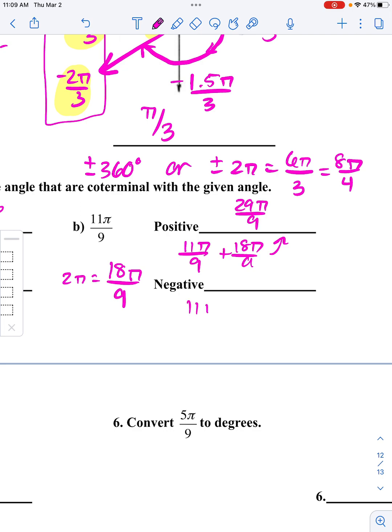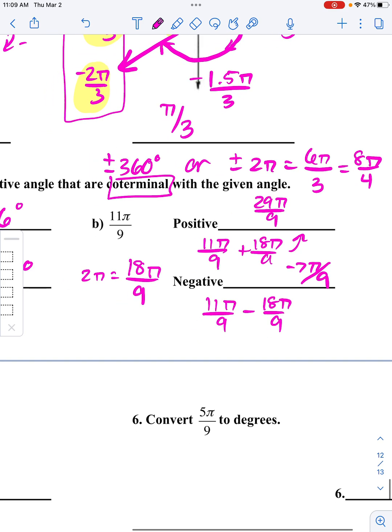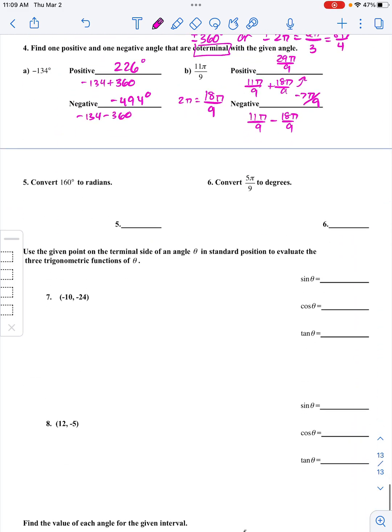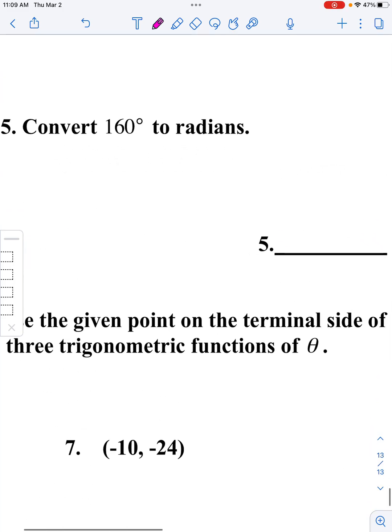And to get a negative, I'm going to take my original angle and subtract that trip around the circle. 11 minus 18 would leave me with negative 7 pi ninths. That is coterminal, add and subtract trips around. If you don't remember those terms, you got to go into your note packet and make sure you've got them